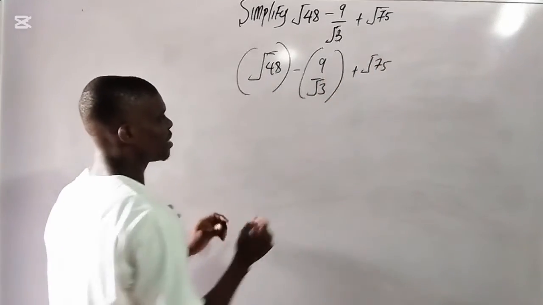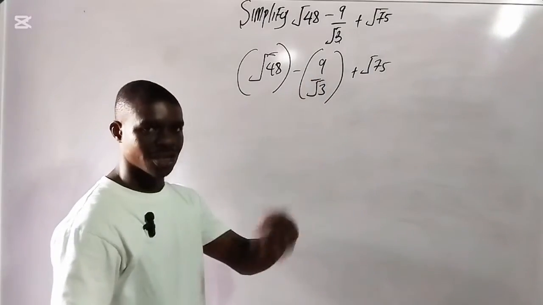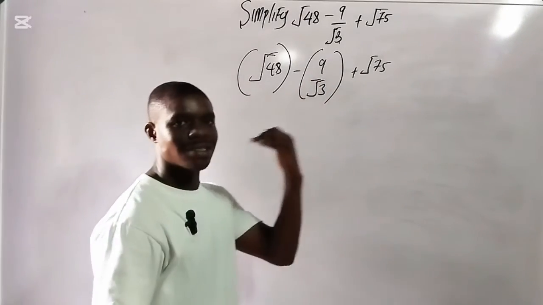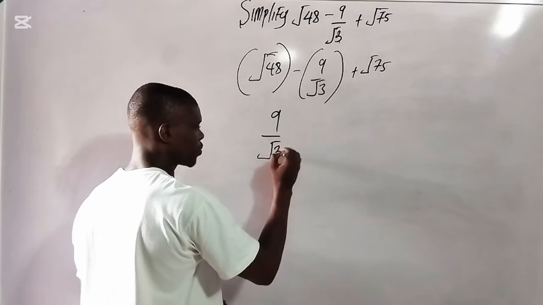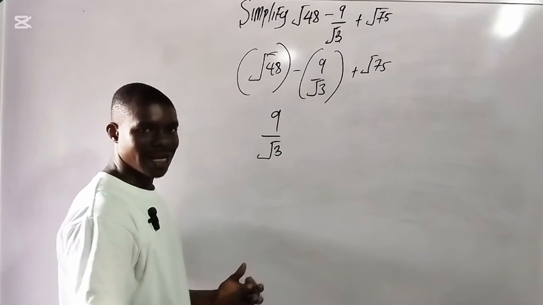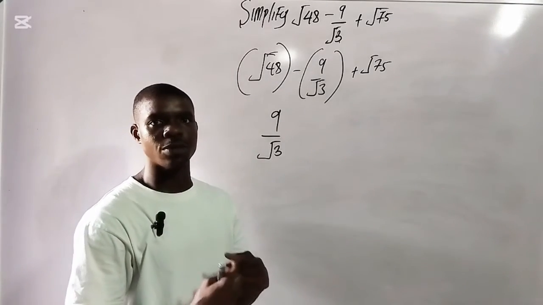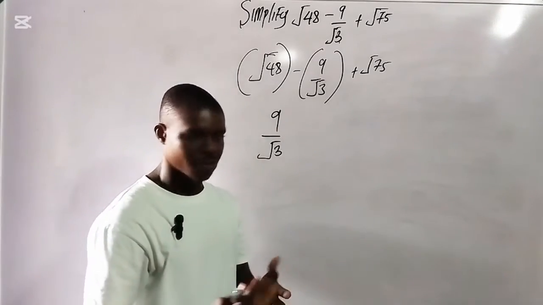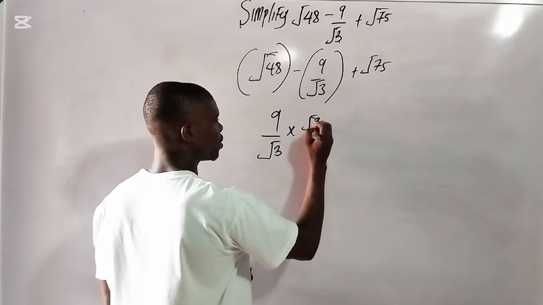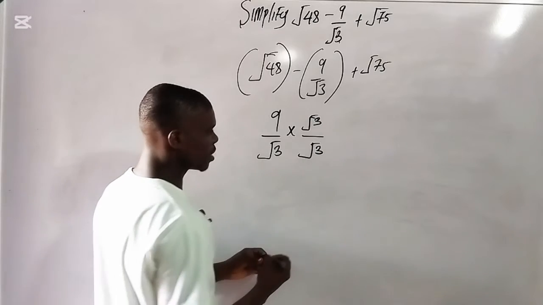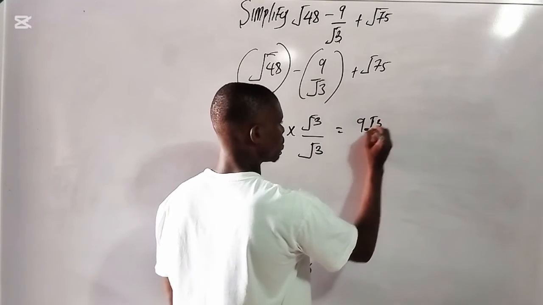But before you can evaluate this, let's solve this one here. Whenever you see something like this, we have to rationalize it. It's called rationalization of surds. So we have 9 over square root of 3. How do we rationalize it? You use the denominator to multiply both the numerator and the denominator, so it will be times square root of 3 over square root of 3. So we have 9 square root of 3 over